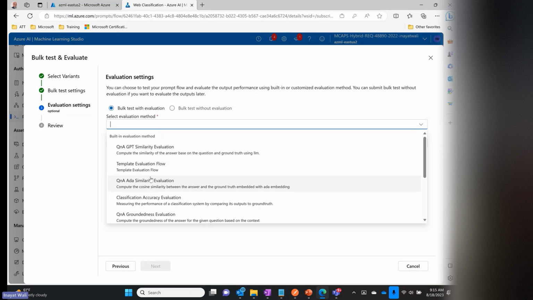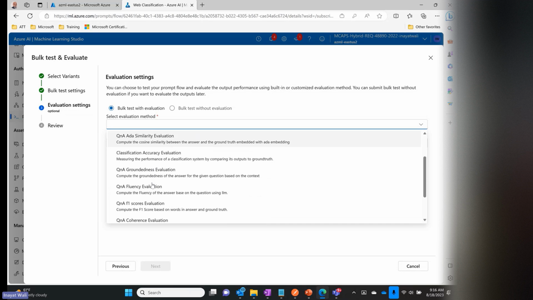So you can run that particular output, whatever you are producing, and then you can say, okay, let's have GPT-4, for example, be a judge of the groundedness, and it compares whatever you have produced against what GPT produces, and then you can compare that result. So there are some evaluations which require a GPT model or LLM model, and some where you can manually provide that information. So since this is a classification,